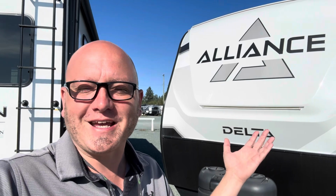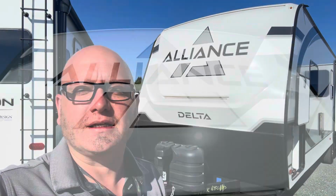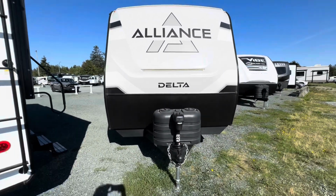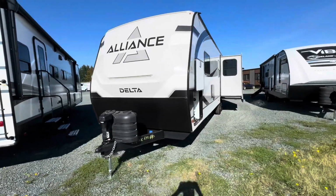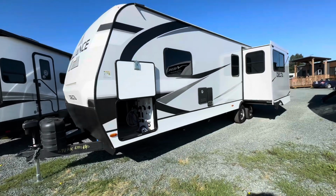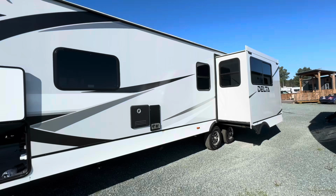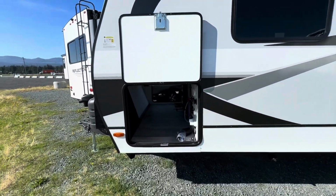It is a beautiful day today, and we've got another walkthrough. Let's check out this 2024 Alliance Delta. So Delta is a new lineup for us, and it's actually new for Alliance as well. They're very well known in the industry already with their big fifth wheels, with the Avenue and the Paradigms, and they decided to throw their hat into the tow-behind game. This guy presents big value. It also kind of reminds me of a baby fifth wheel, and I'm gonna walk you through